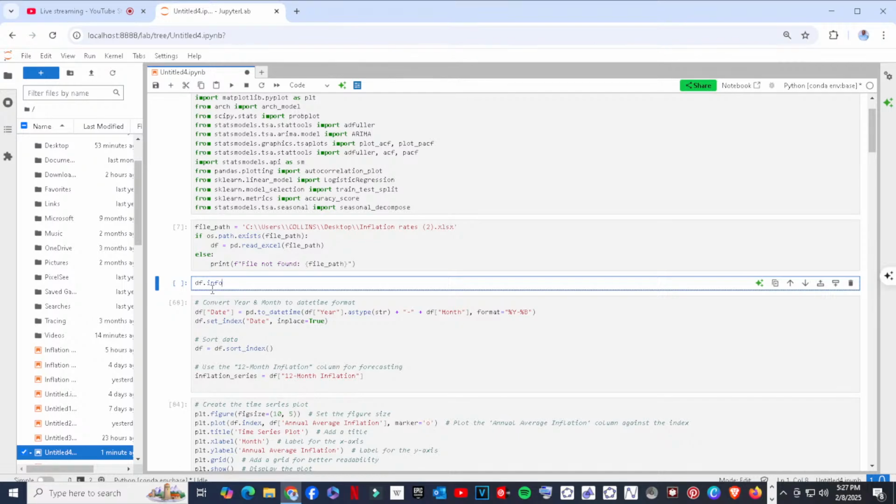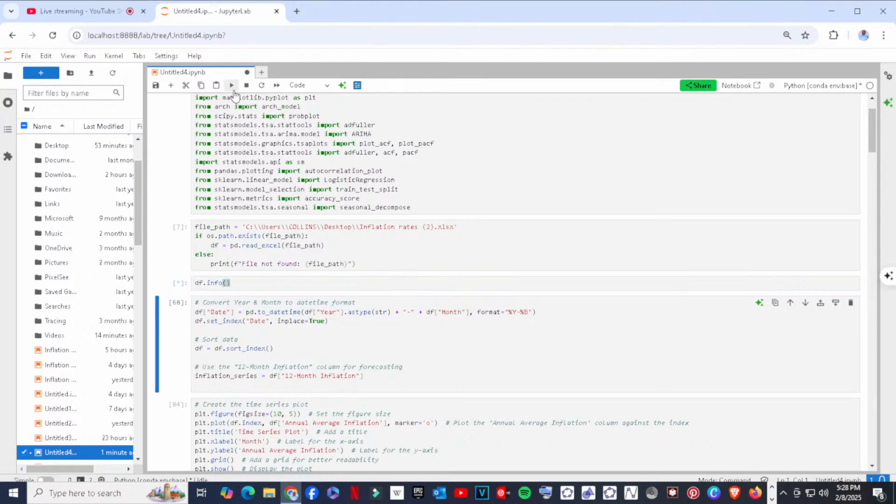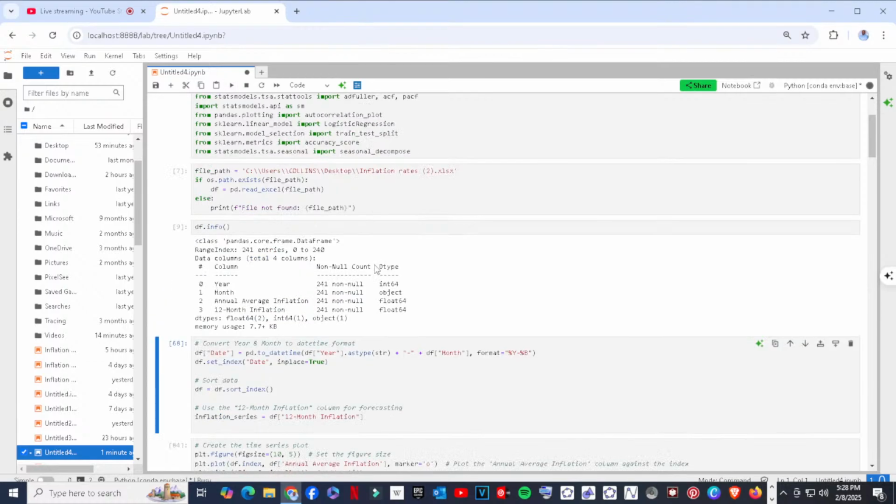Since it's not given me back file not found, I know it's available, and I just want to see some information about it. Let's see, it's busy working on it. I know by the time it's done, we'll be able to see something here. Exactly. So we see that our data, we have got 241 entries.